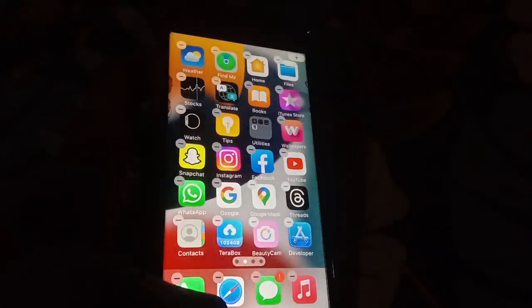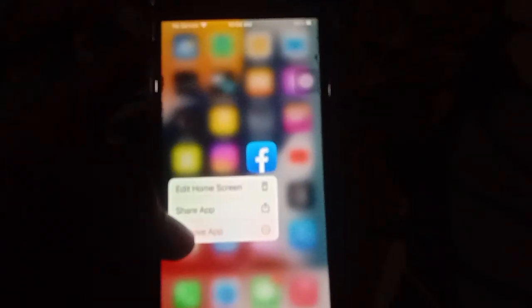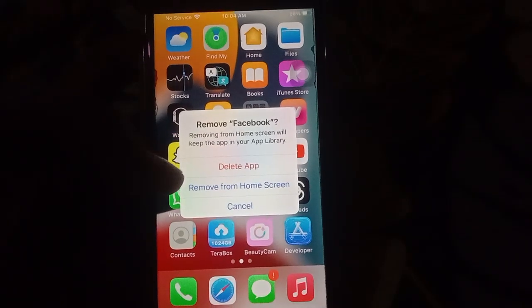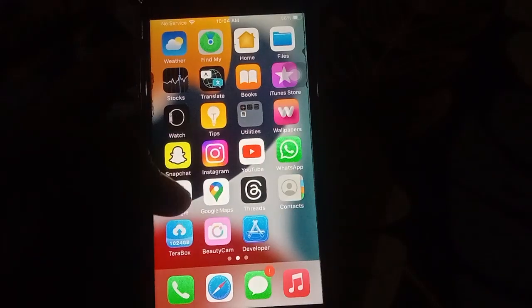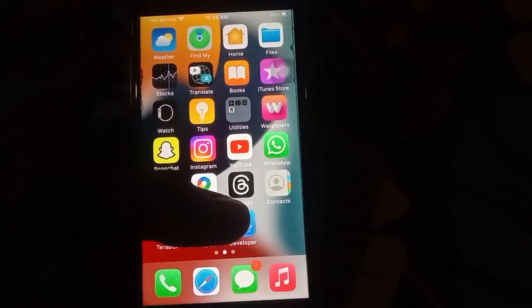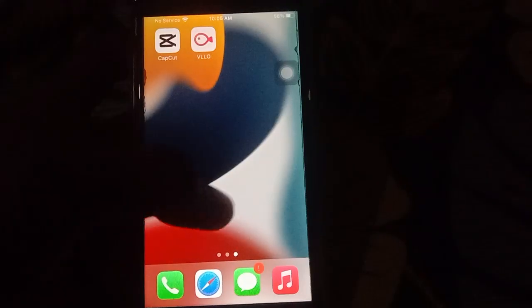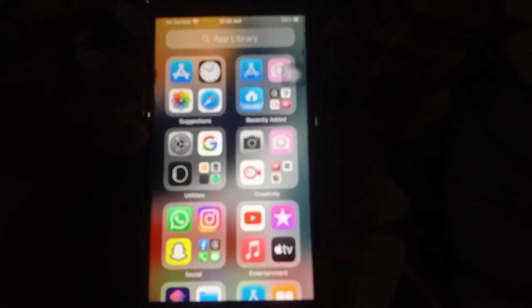So click on Facebook, then you have remove app on tab, and then you have click on remove from home screen, and then your problem will be fixed. If this app is hide no show on your screen, then he is show on the